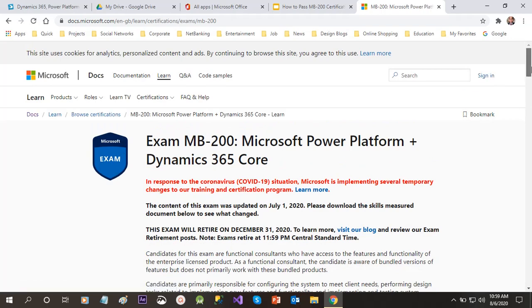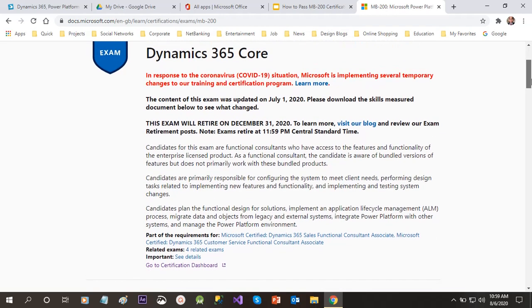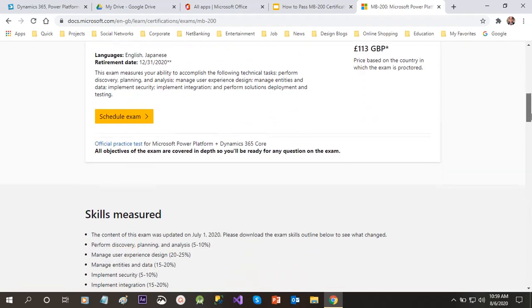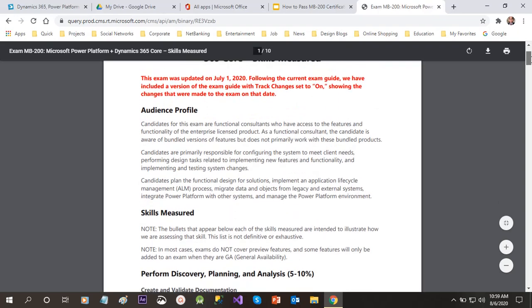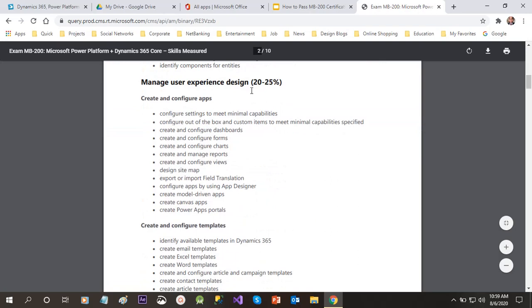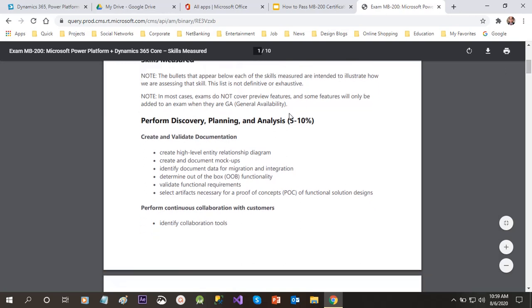You can go through all the concepts and theories that have been written here, about the content of the exam, when it was updated, and what skills are measured. If you download the skills measured, you can see here download exam skills outline. If you click that, the PDF will be downloaded for you, where all the guidelines and the courses are decided. So the first thing is perform discovery and planning analysis, which is 5 to 10% of questions